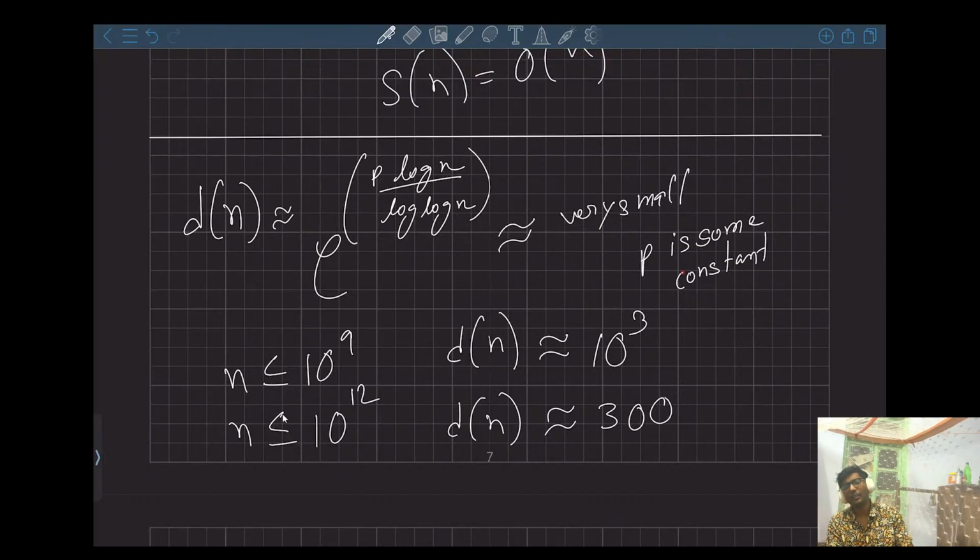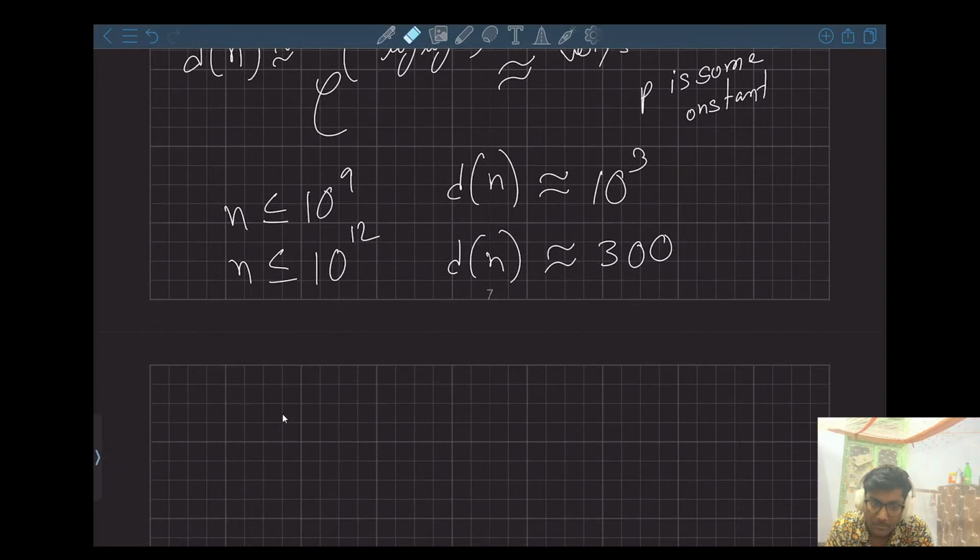So if we do a cube root, the cube root of 10 to the power 9 is around 10 to the power 3. So it is kind of correct. If we do the cube root for 10 to the power 12, it's 10 to the power 4. But you see, this is much smaller. You can try to brute force this for some values, but higher than 10 to the power 12,